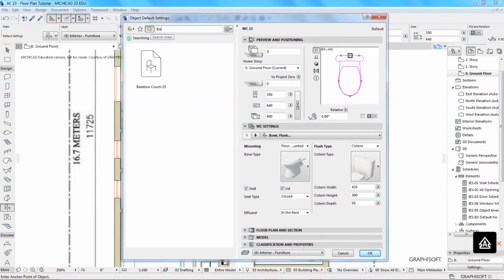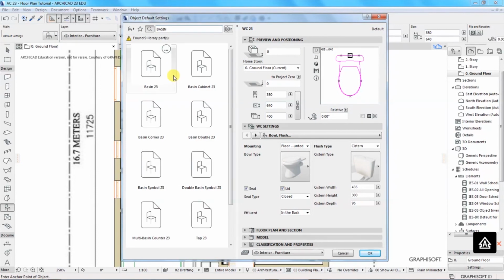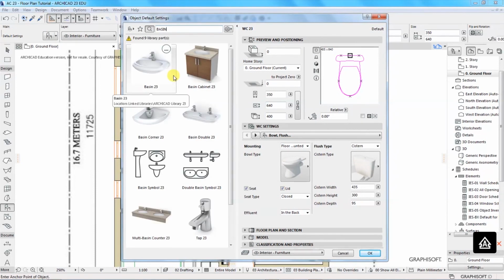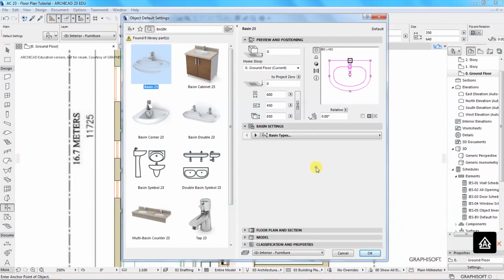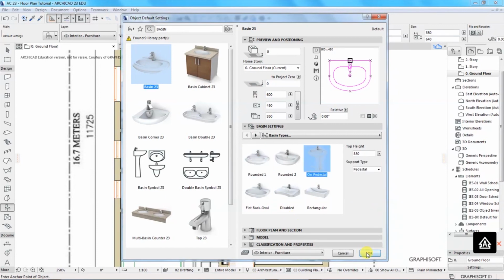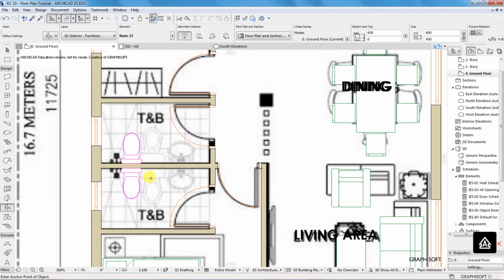Then I can go back and have my basin. I'll type basin, and these are the options that I have. So for the basin, I want to use this first one, basin 23, and I want it to be on pedestal, and I'll click OK. Then I'll place one here,